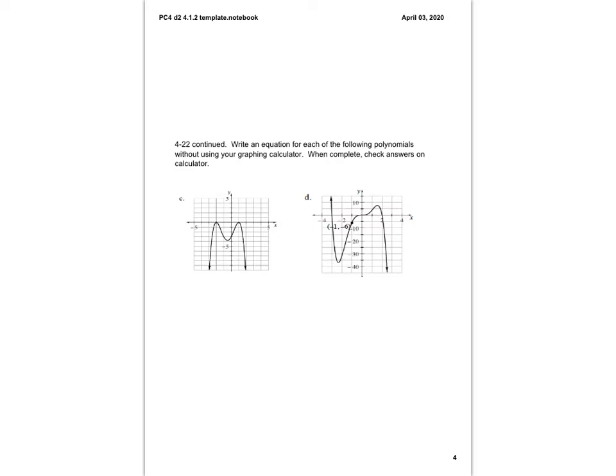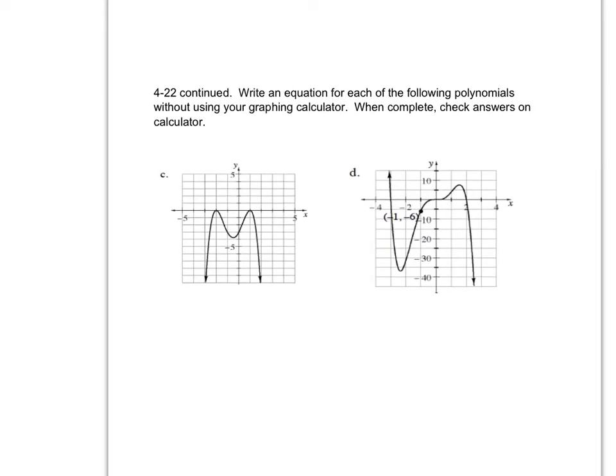Here are 2 more. What I would like you to do is to pause this as soon as I'm done giving you a couple of hints, and then write the equations and compare your answers to what I have. My hints happen to be: in part C, you have 2 roots at negative 2 and at 1, where there's a bounce. Therefore at x equaling negative 2, it has a degree of 2 by itself, and at x equaling 1,